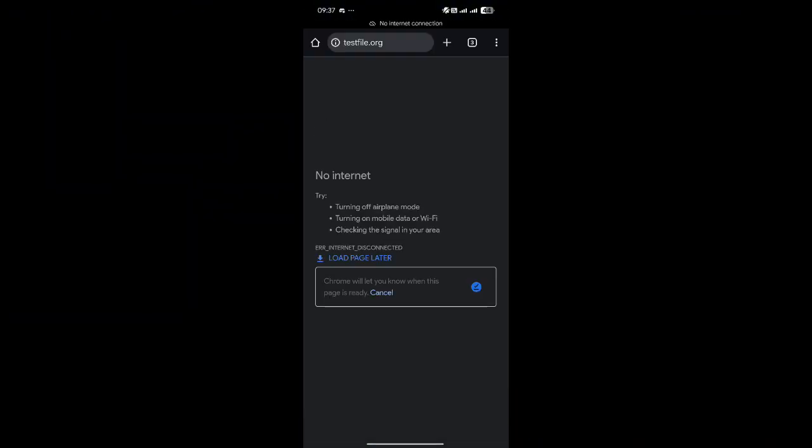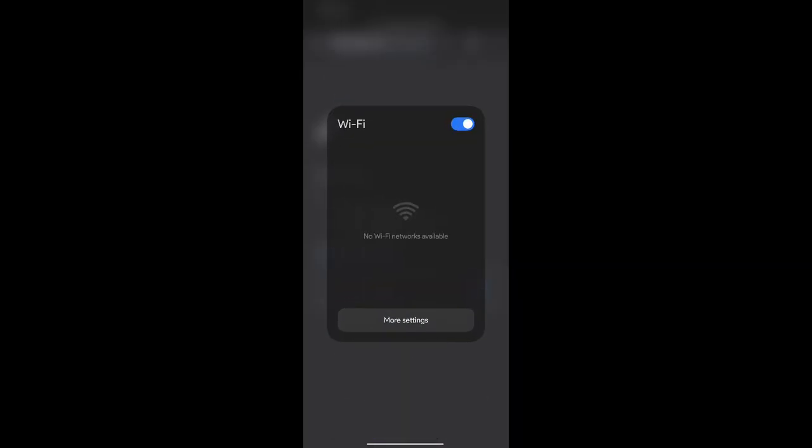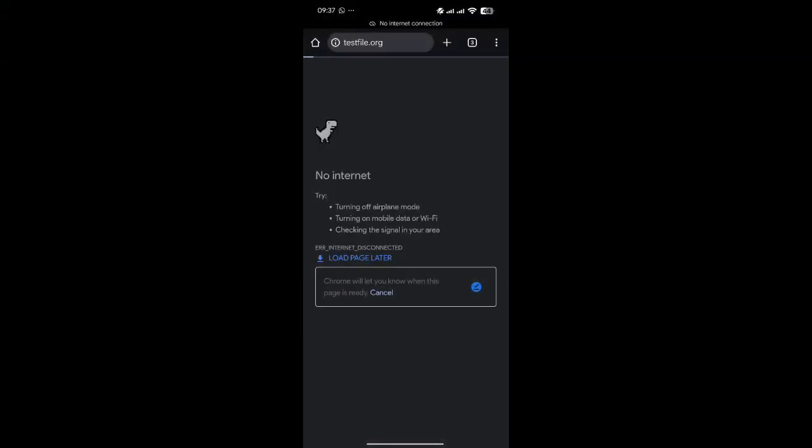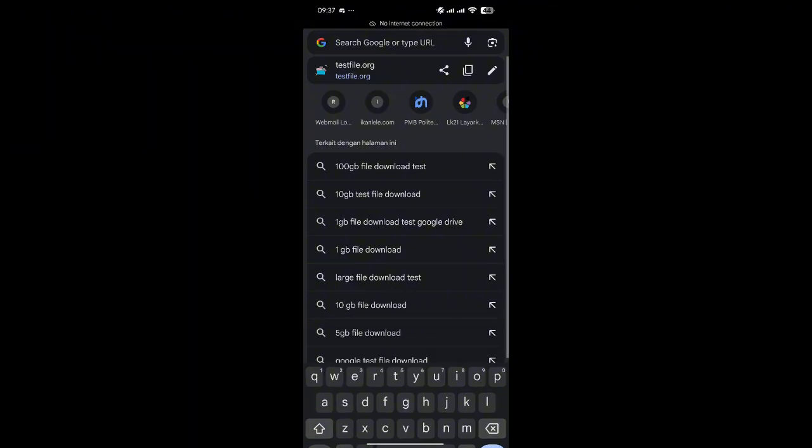And then we check the internet first. Make sure the phone does not have an internet connection. Test. We don't have internet, so we can connect to the MikroTik A. The MikroTik A is ikan lele, and then we can test. Look, the notification is coming, and then we test.